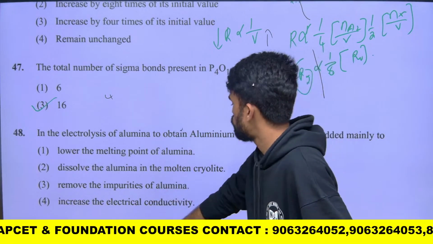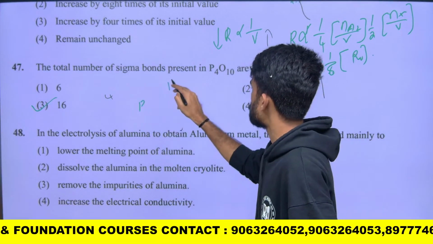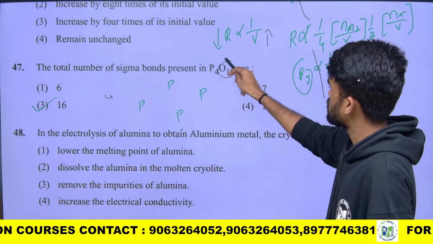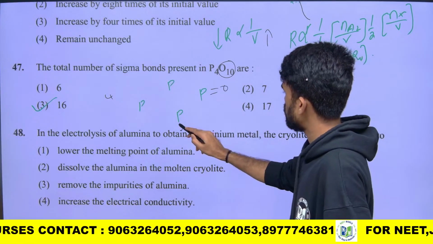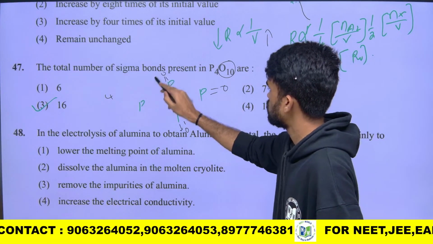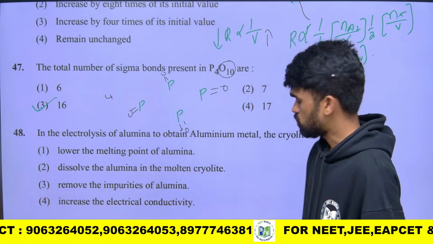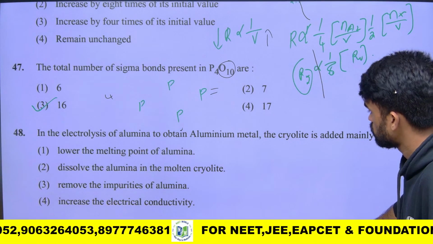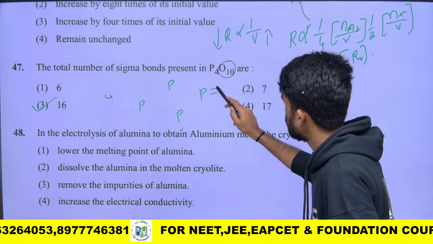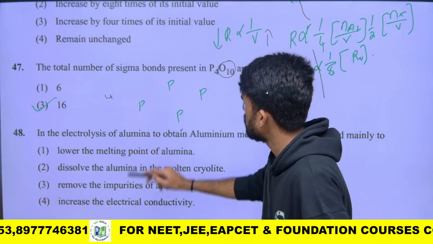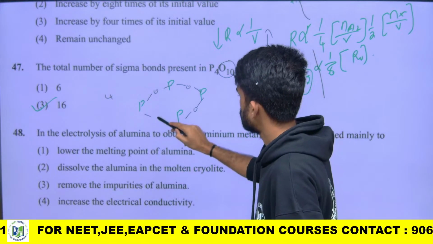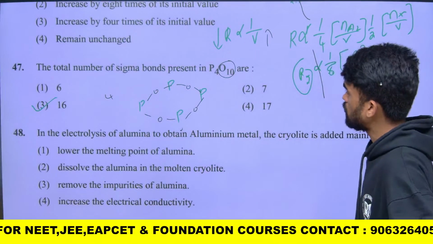P4O10. So first of all place the 4 phosphorus atoms like this. Now place the oxygens, see, I am giving 4 oxygens like this first. So actually first you need to write in this manner. First write in the POP bonds like this. After this we still have